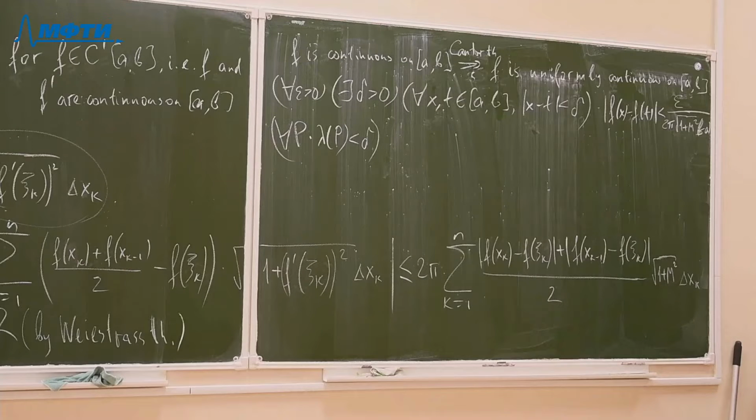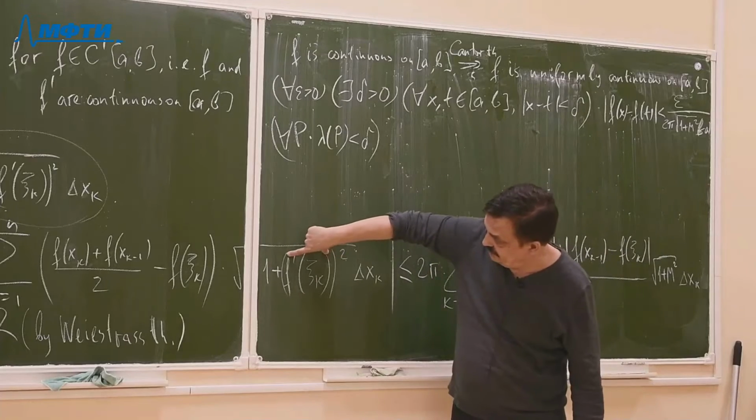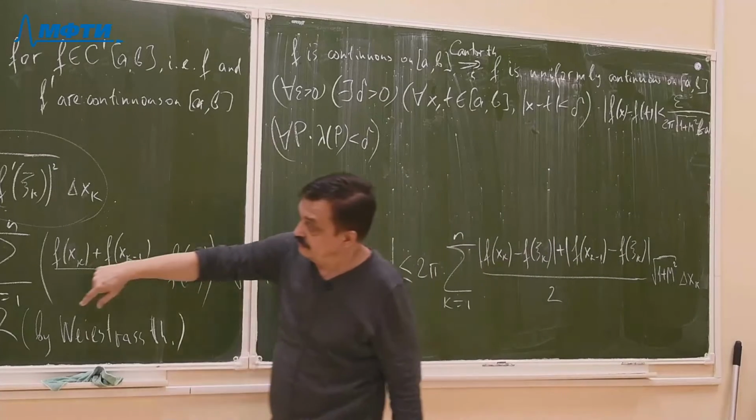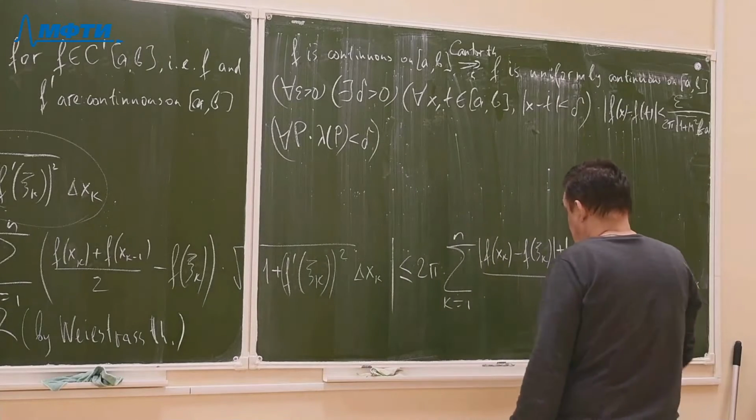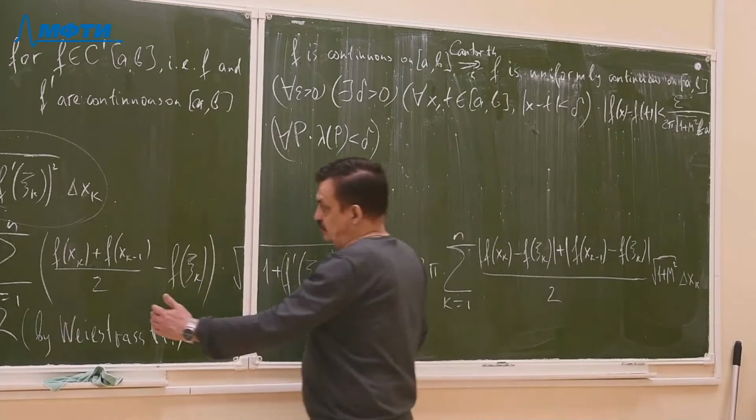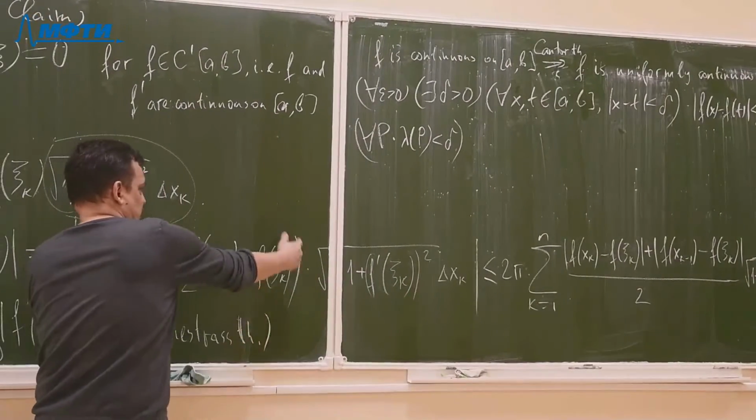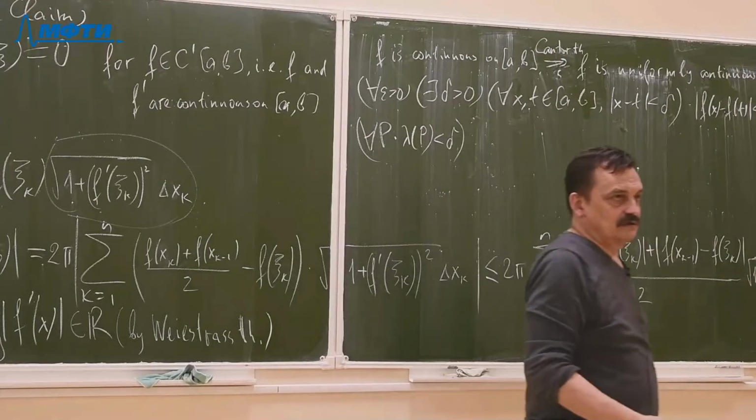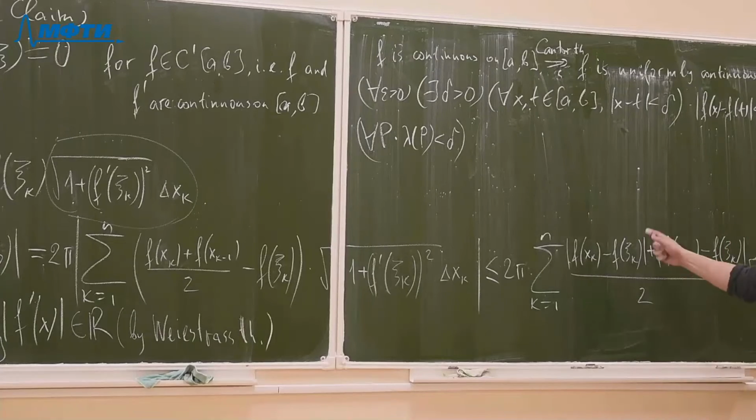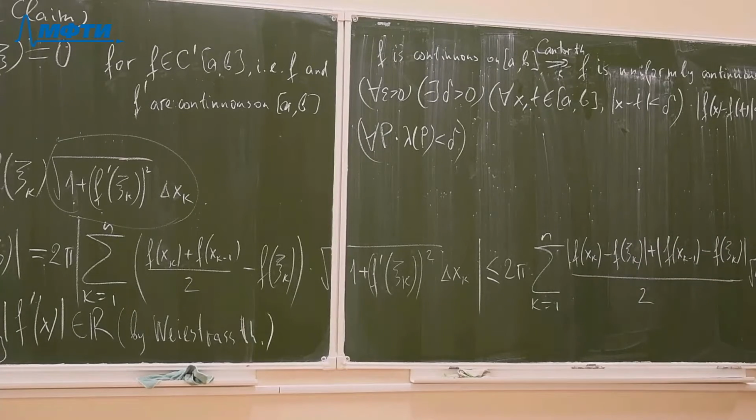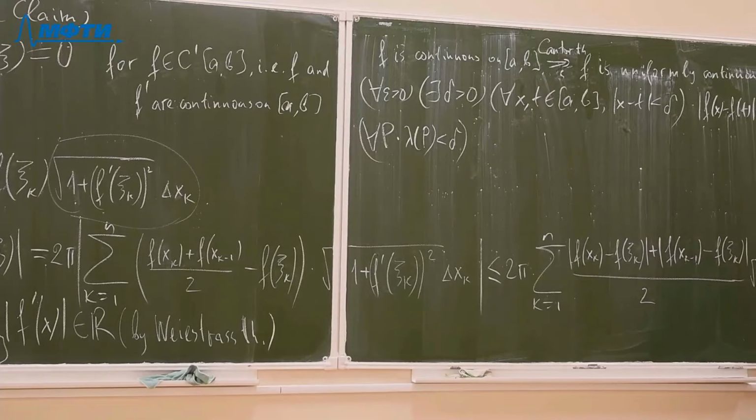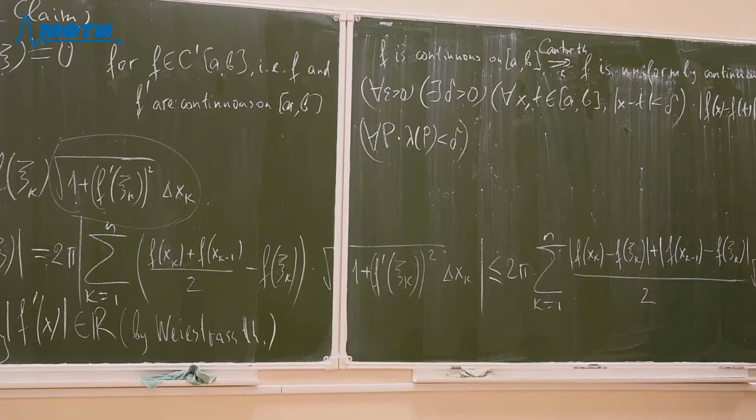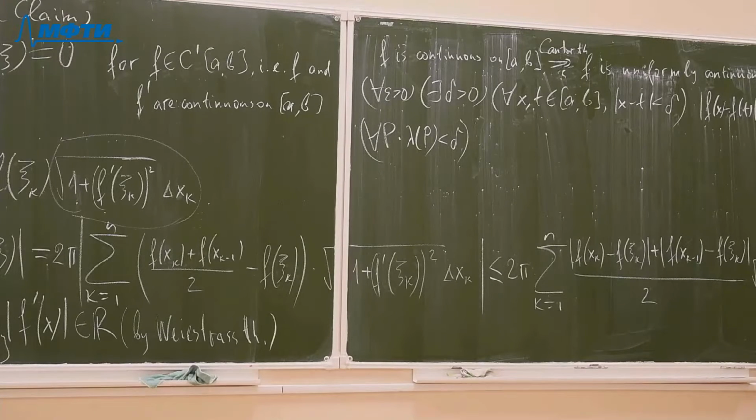Now, look. So what I did, I estimated f prime by capital M, and also I used the triangle inequality, modulus of sum less or equal to sum of moduli, and put it into two terms. Okay, then now look,